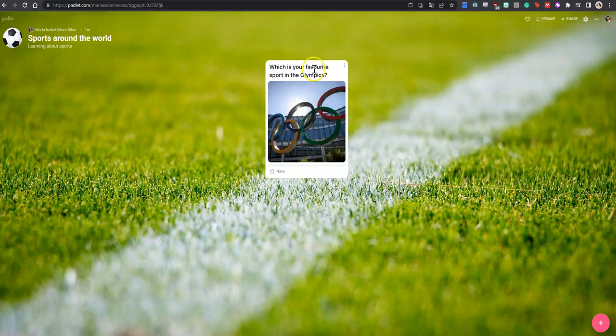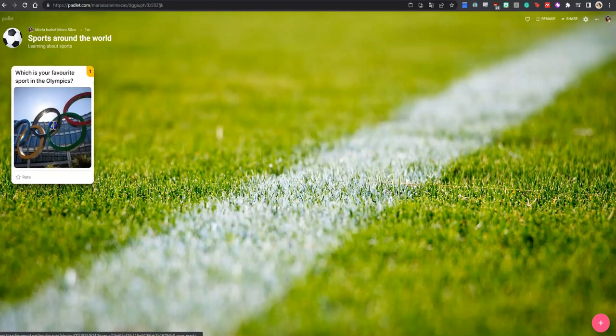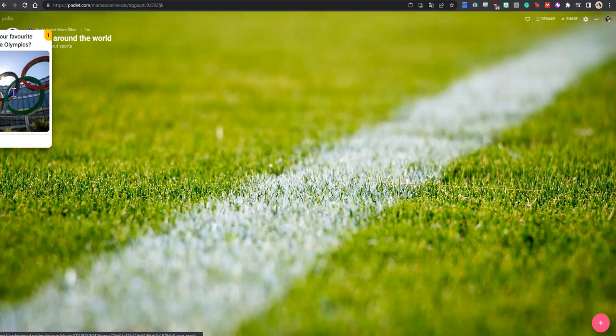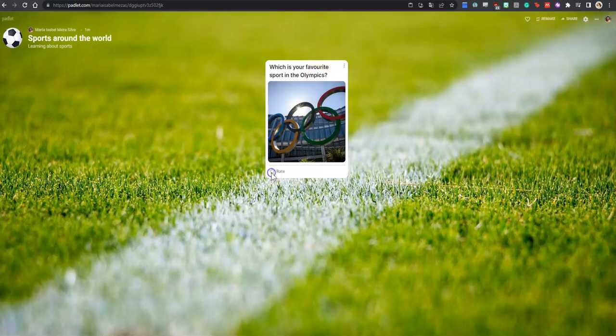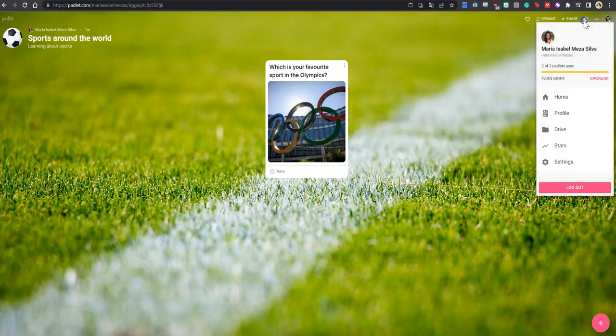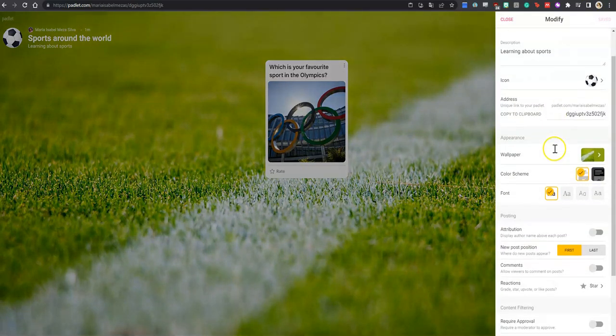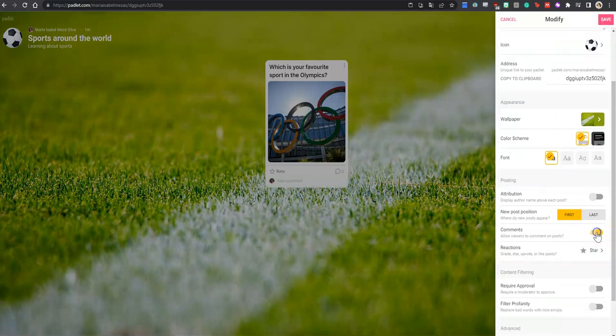And then we can publish and we can drag it around. So we can, then students could rate it if this was a question to rate. And we can here maybe allow for comments so the students can actually